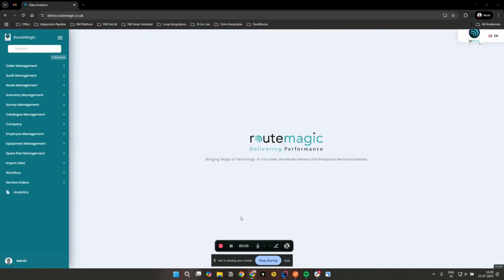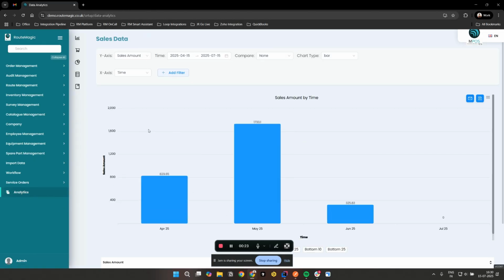Today we will be demonstrating the analytics module of RouteMagic. As you all will agree, in last mile distribution, data is power, but only if it's actionable. With RouteMagic Analytics, that's what we give you, actionable insights from your data. Our dashboards, which you can access through this analytics menu, provide all the features that you will need to